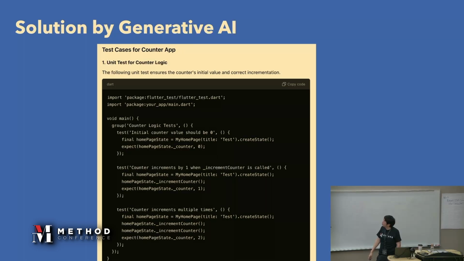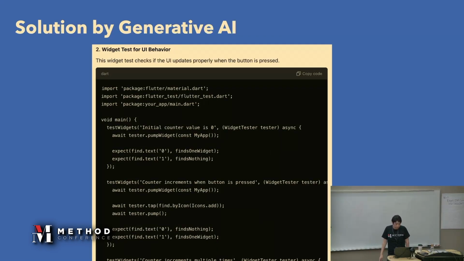It's very easy to understand, and I can use this test case. And the second pattern is a widget test for UI behavior. In other words, it means UI testing.